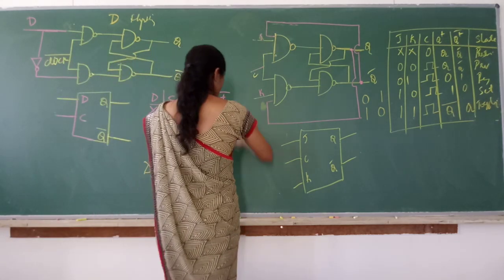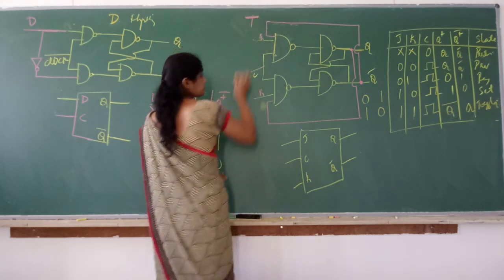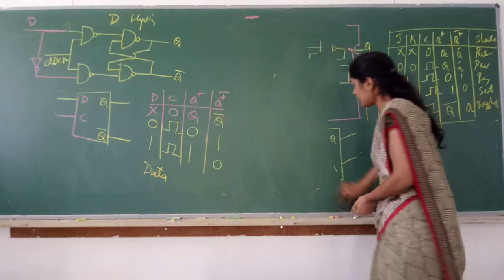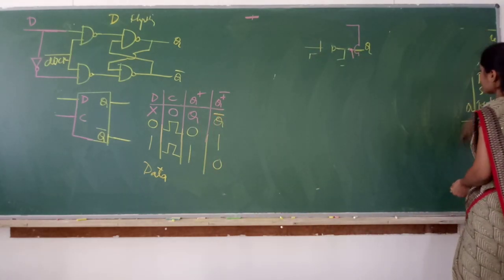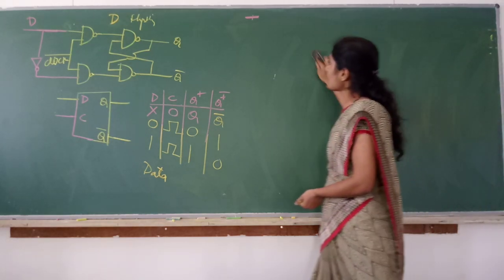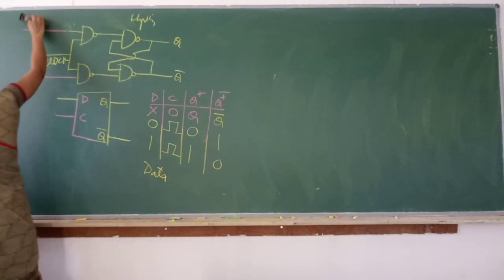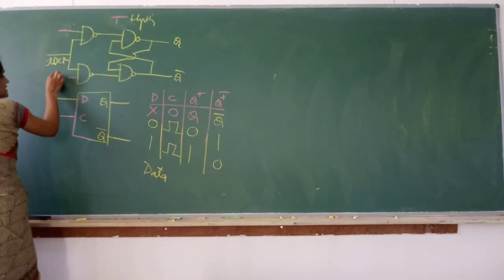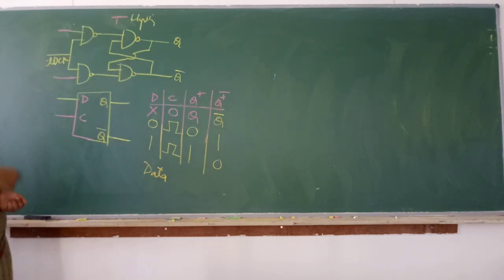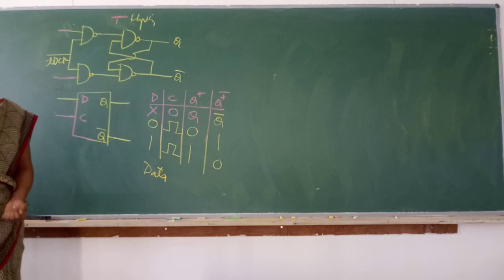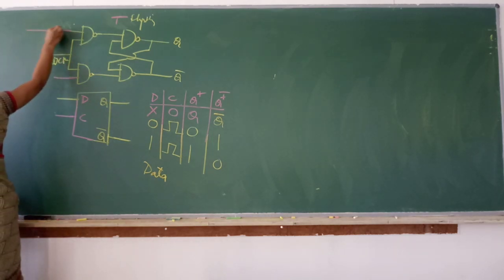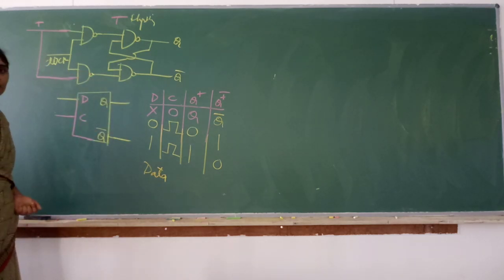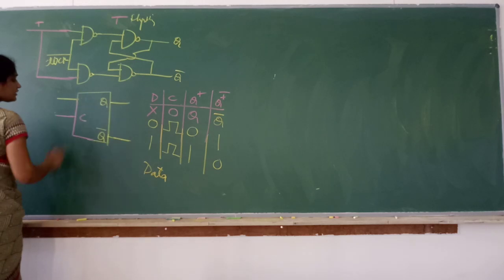The next and last type of flip-flop we have is the T flip-flop. Let me explain T flip-flop with the same circuit diagram. I'll erase this. For T flip-flop, you again write the SR flip-flop circuit only. This is S and this is R. So what did we do for D? We connected S and R through a NOT gate. But for T, you just connect S and R. Short. No NOT gate, nothing. So this is T.